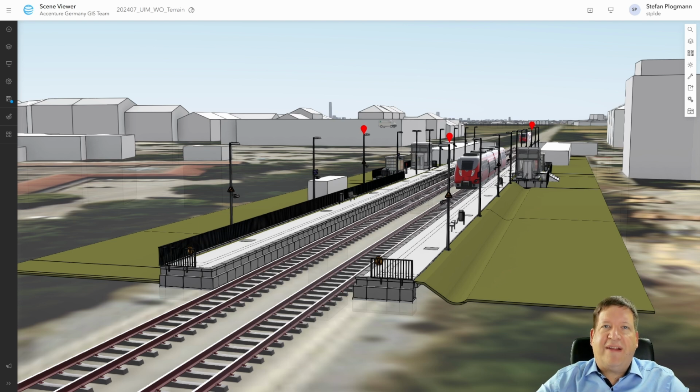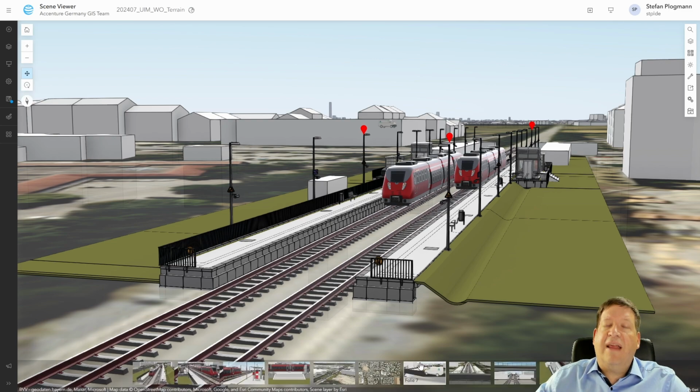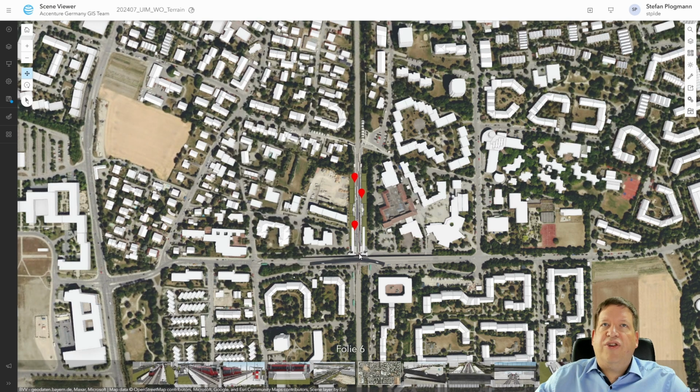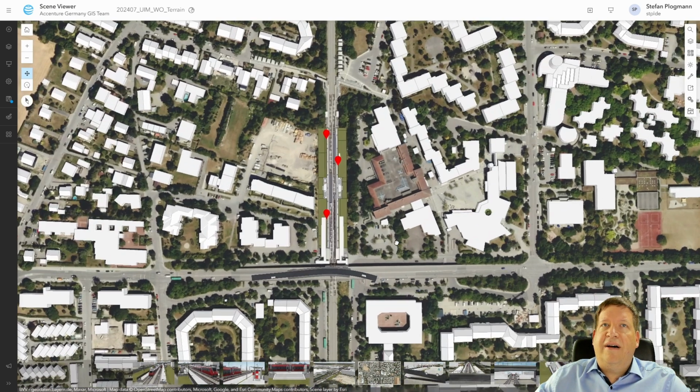Now we are changing the perspectives again. We are now in ArcGIS Online from Esri, which is a geoinformation system, to show the exact same data we had before in a different model. This is especially relevant for operations later, or even during construction and planning, to have better context and another way of looking at the data. So we now see the train station with its two sides in the context of the city and on the rail track. And when I